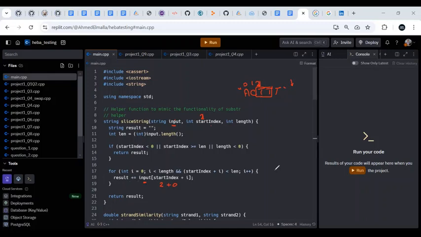So you now have t in the result. Then you will execute that line and loop again and increment the I, so now I equals 1. And then we check the condition: is I still less than the length? Imagine the length is 2, so it means that we need to have 2 characters. Now I equals 1, and we also need to make sure that the start index, which is 2 plus 1, is less